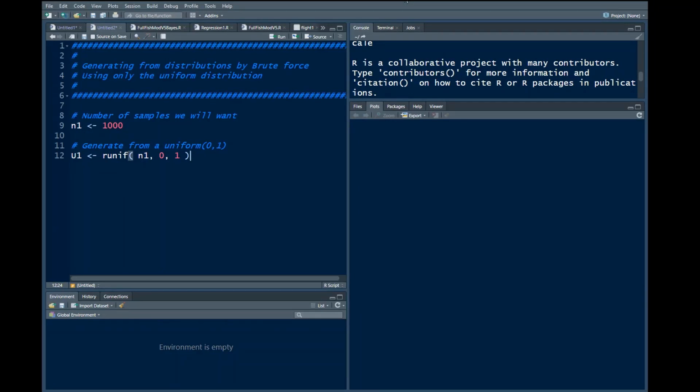To the R video tutorial on generating distributions. I'm going to call it by brute force. What we're going to use is only the uniform distribution. We're not going to do really any hard arithmetic or calculus or anything like that. This is just to show properties of random variables and how they go together. This will be the first part in a series of these where you learn how to generate random numbers from